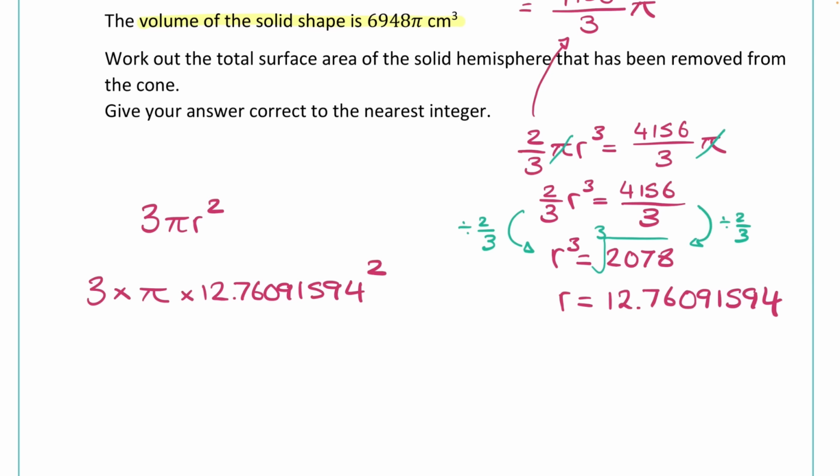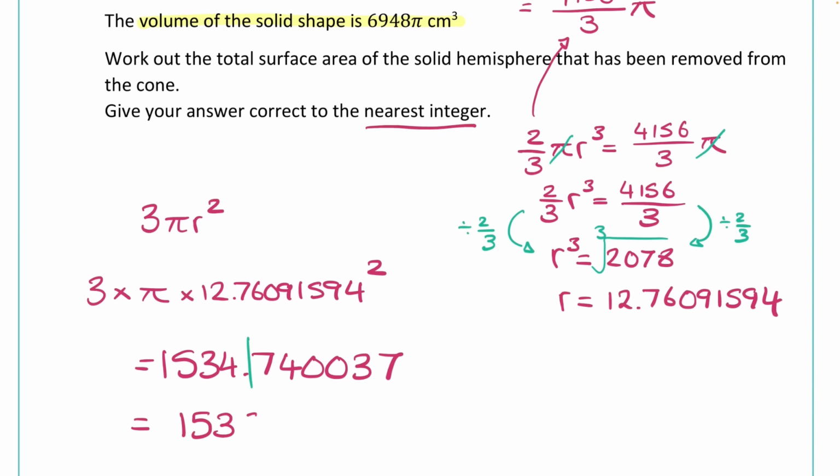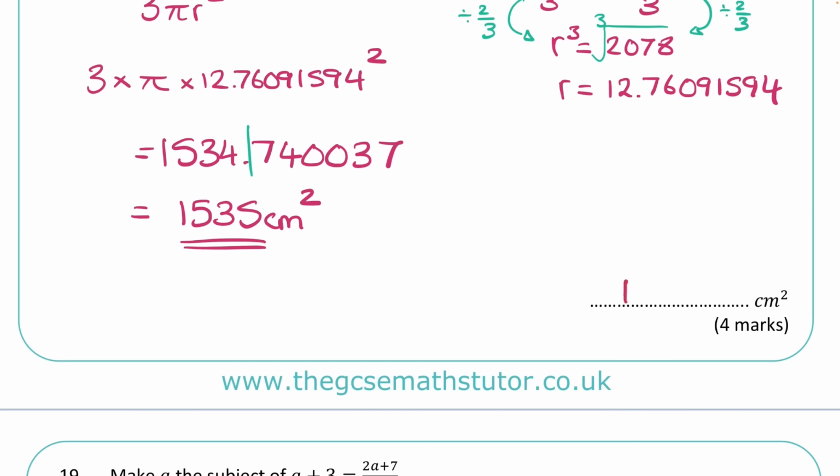I've still got that answer on my calculator anyway, so I can do 3 times pi times answer squared, and that gives me 1534.740037, which to the nearest integer, which is the nearest whole number, is going to be 1,535, and that's centimetres squared, as it is a surface area. So there we go, that would be my final answer,